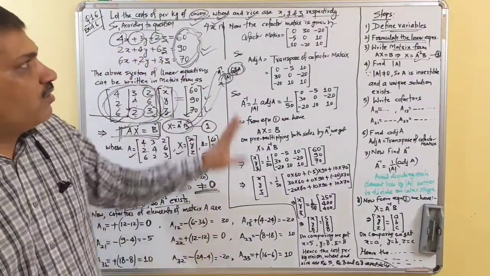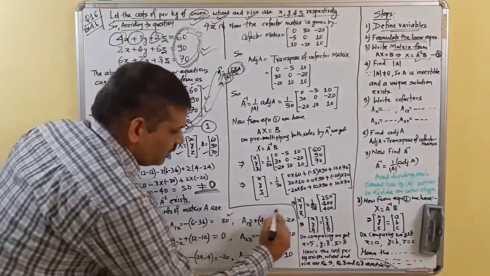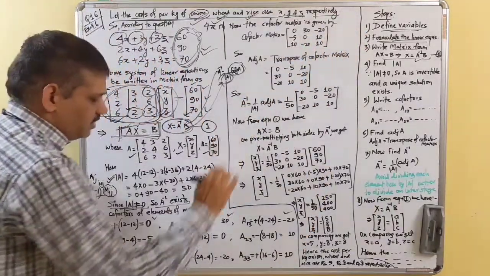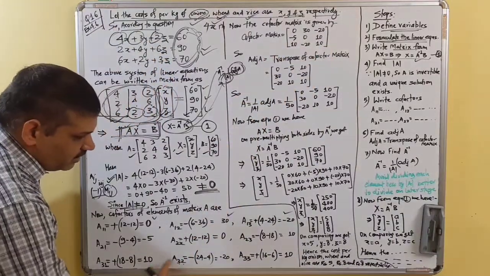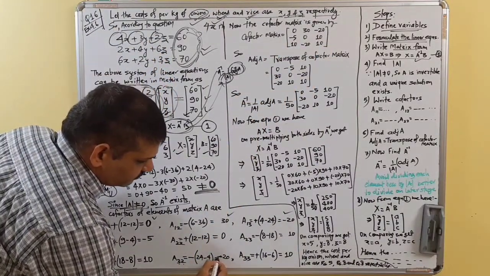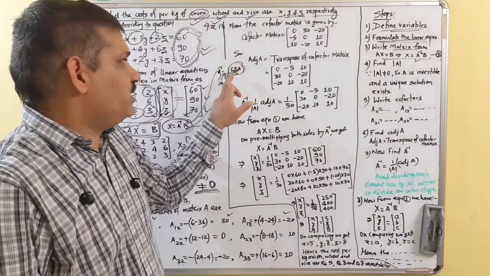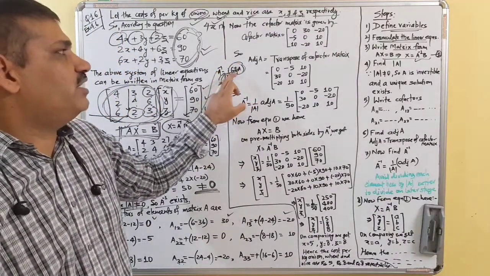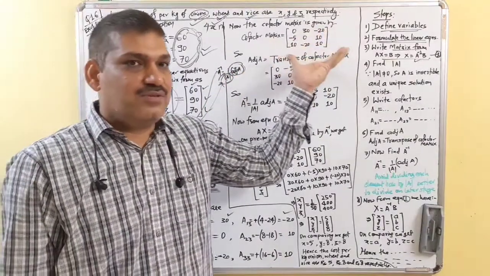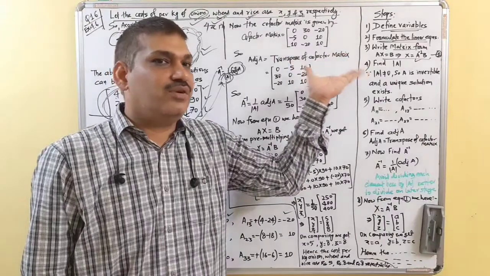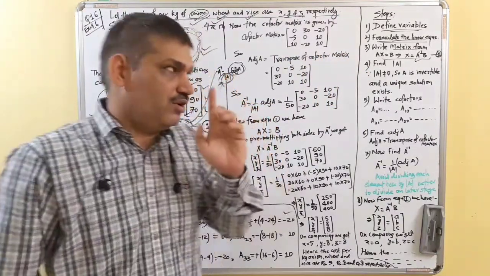Now the cofactor matrix is given by 0 30 minus 20, minus 5 0 10, 10 minus 20 10. Now adjoint A is, we need A inverse. For that, 1 upon determinant A times of adjoint A. Adjoint A is transpose of cofactor matrix. Transposing is not about rotating but interchanging rows and columns. This must be on your mind.